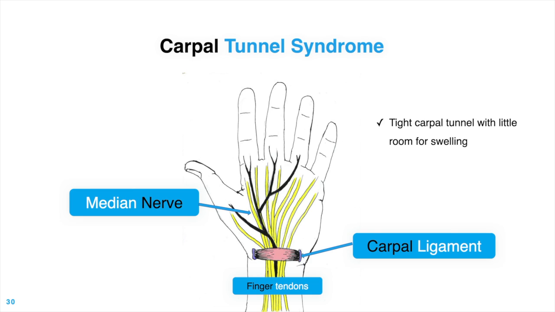Tight neck muscles can also squeeze that nerve where it passes through the neck and shoulder region. This can make that nerve swell along its entire length, including when it gets to the carpal tunnel, thus risking a pinched nerve within the carpal tunnel at the wrist due to tight neck muscles.